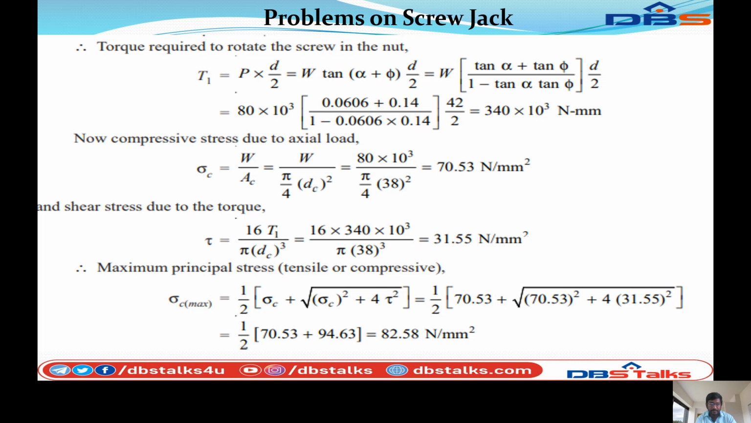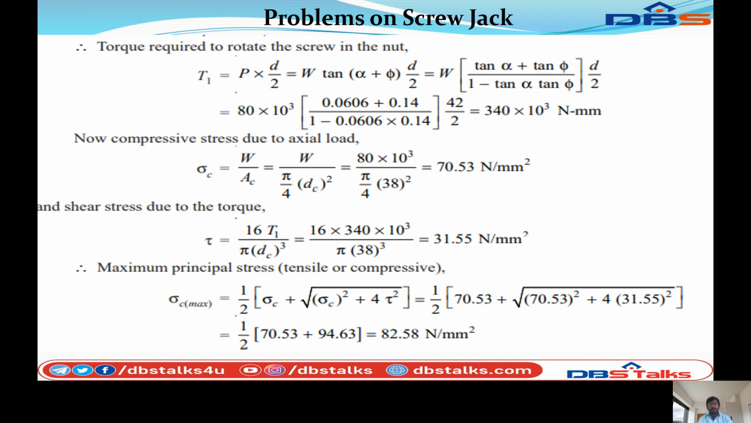This is the formula we can replace in the tan(alpha + phi). So tan(alpha + phi) is equal to (tan alpha + tan phi) divided by (1 minus tan alpha tan phi), into d by 2. So substitute in the values. T1 is equal to W, 8 into 10 cube, tan alpha 0.0606 plus tan phi 0.14 divided by 1 minus tan alpha 0.0606 into tan phi 0.14, into small d 42 divided by 2. Finally calculating, T1 is equal to